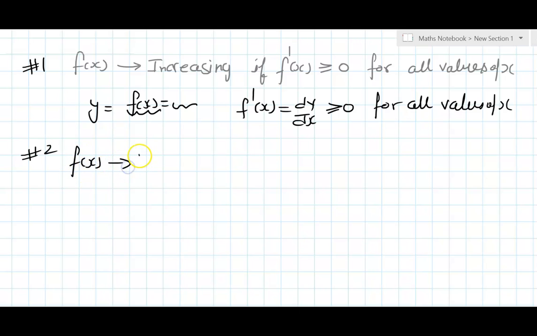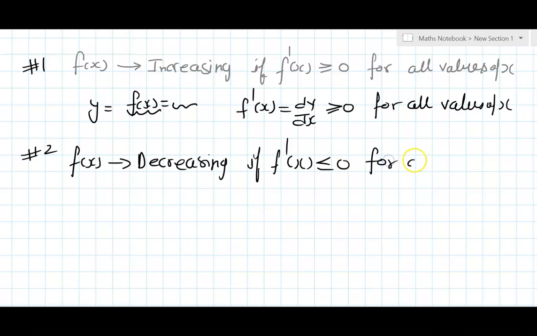f(x) is a decreasing function if f dash x is less than and equal to 0 for all values of x. For all values of x, then it is a decreasing function. So let's see questions now. If the question is like this,